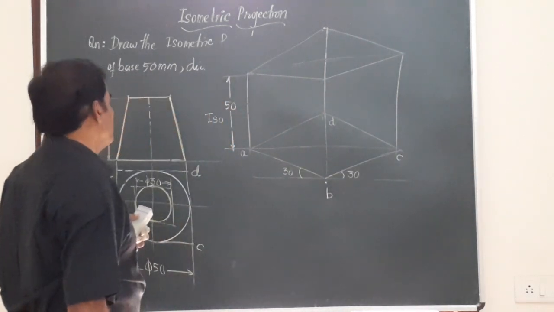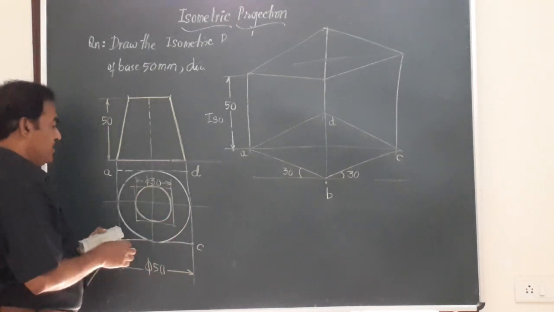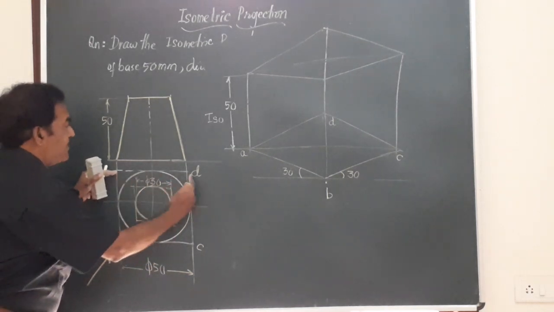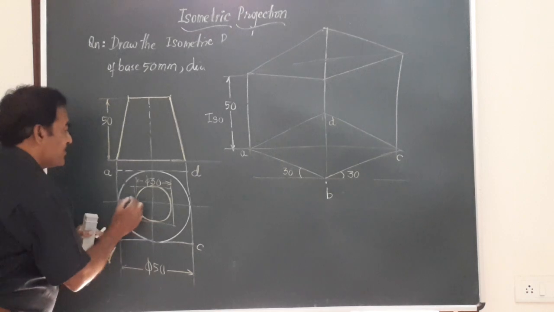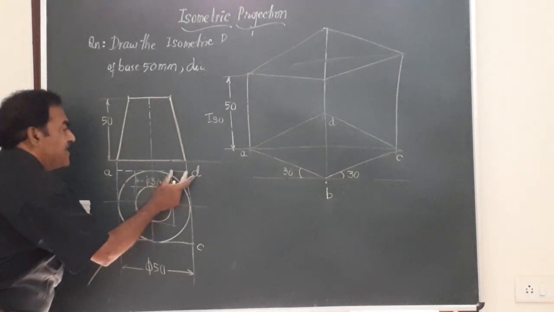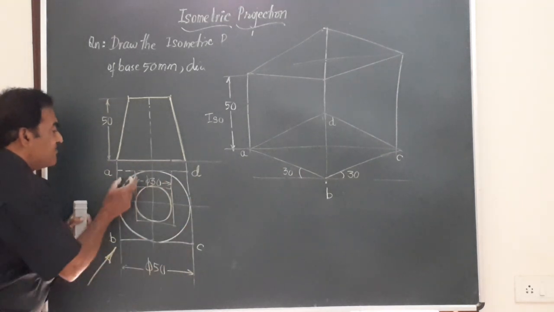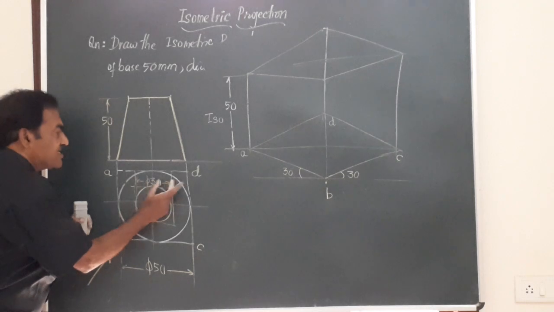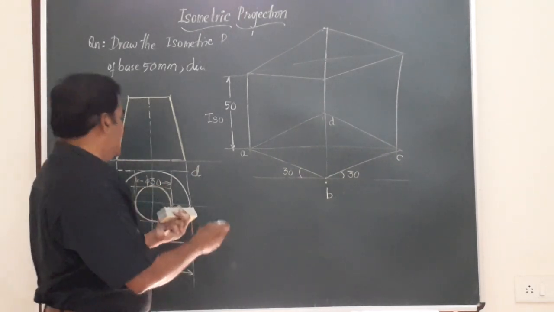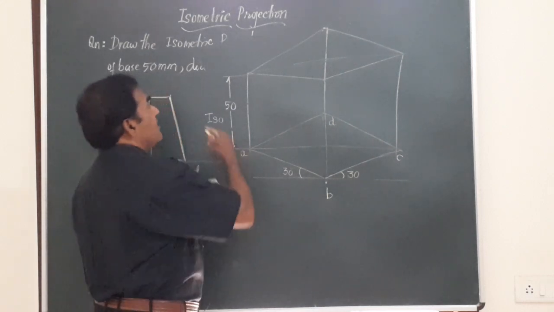Friends, now friends, at the top you have a square of 30 mm. Look at the board, the maximum dimension is 50. This is 30. So on either side of this there will be 10 mm, 10 mm, because this 50 comprises of 10 plus 30 for the small square plus 10. So friends, here to mark this small square I have to take 10 mm on all the sides.